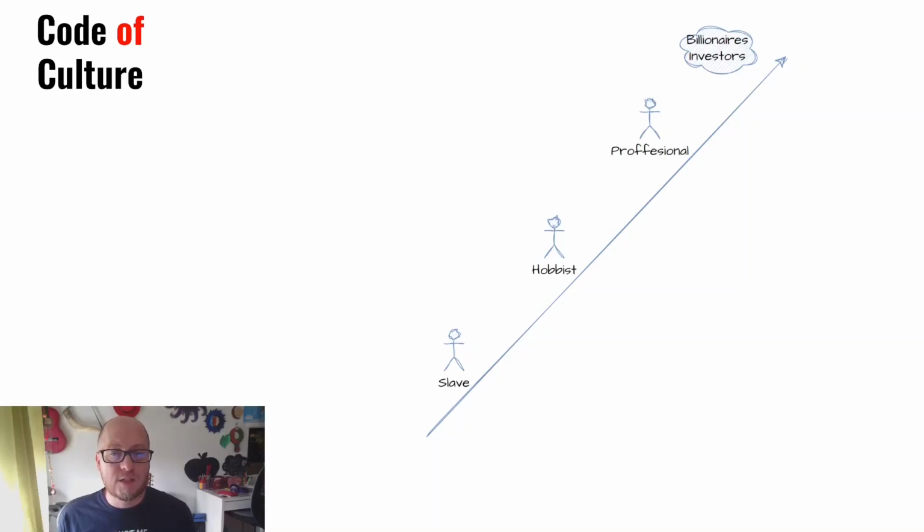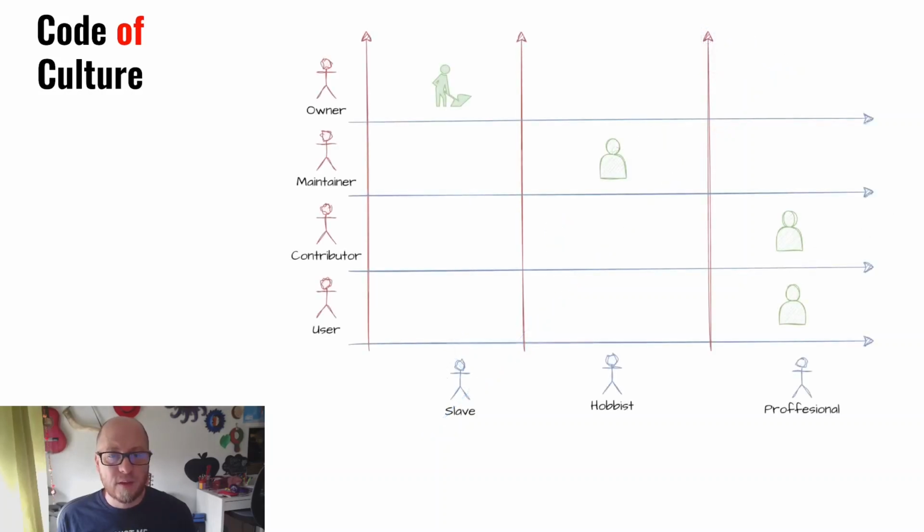How do these new classes relate to the ones that we saw before? Well, they are orthogonal. We can create a table and see how in some projects someone can be the owner but work for free, being in the slave class, while other people can be professionals working for companies, making punctual contributions to the project. In this episode of Call of Culture, we explore the idea of social classes in the open source